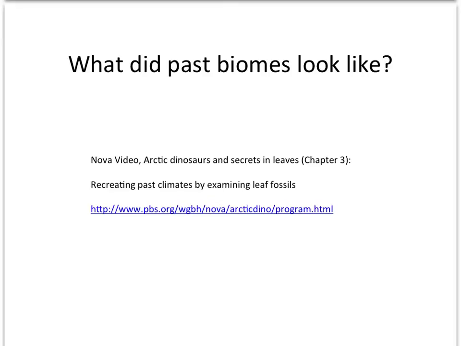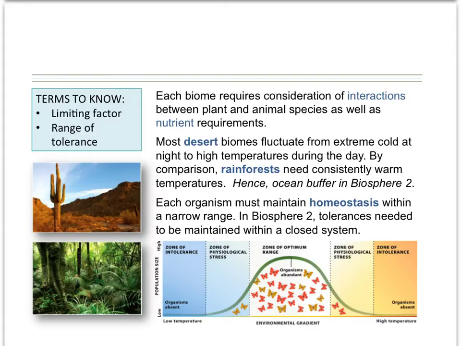We'll also see that these biomes are inhabited by a variety of organisms. These organisms have evolved to occupy these certain niches, these certain biomes, and each one has a range of tolerance that it can live in. It needs a certain amount of water, certain temperatures, certain breeding habitats, and these things are all controlled by the evolution of these biomes over the past millions or even billions of years.